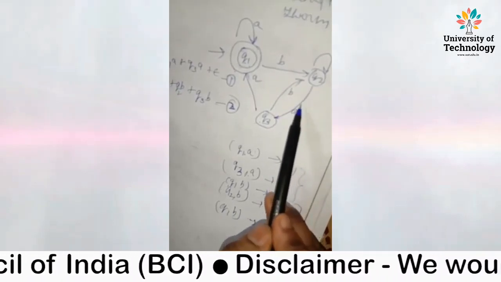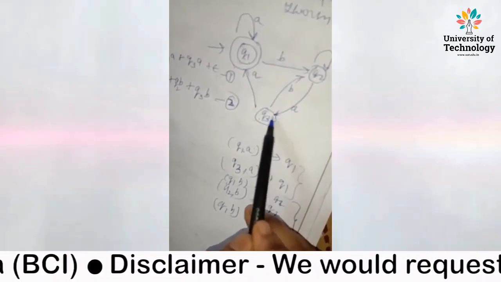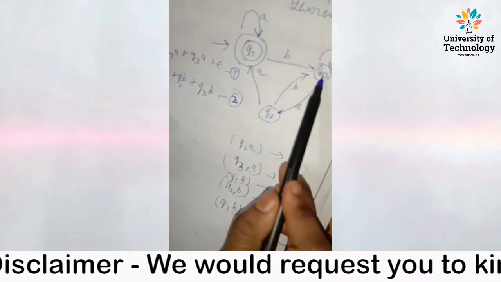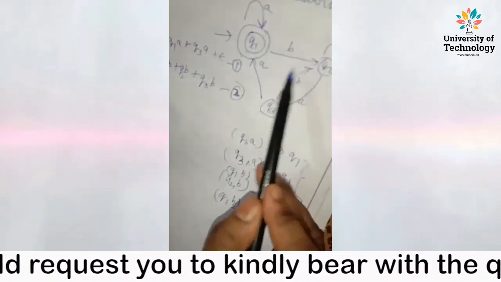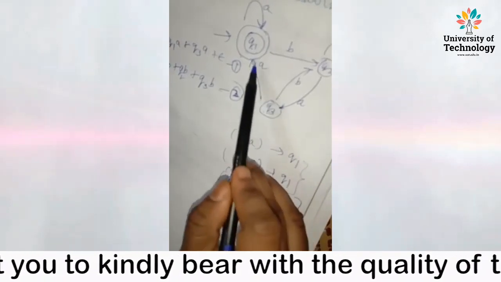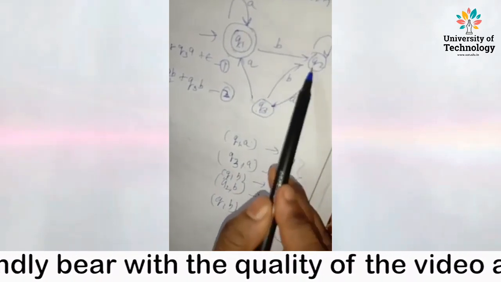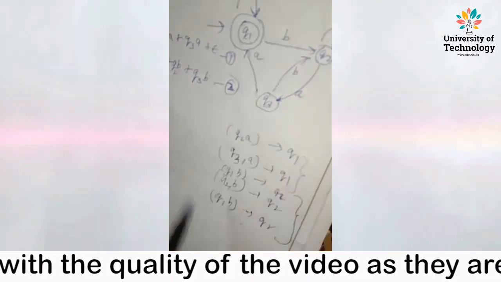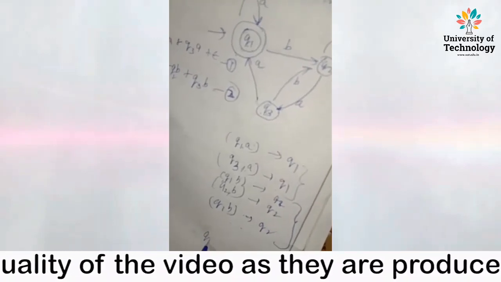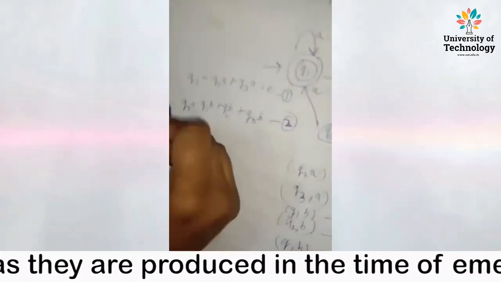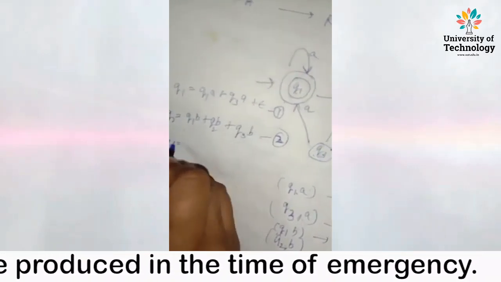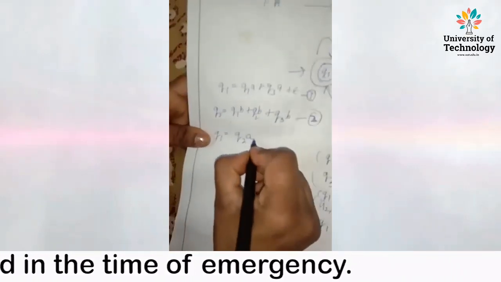Q2A. From Q2, if you take A input, you can reach Q3. Q2A, Q3. Is there any other way by which you can reach Q3? No. There's no entry over here, there's no other arrow towards Q3. Only one arrow is there, that is from Q2. So you can write Q2A, then you can reach Q3. This is clear. So Q3 is equivalent to Q2A, right?